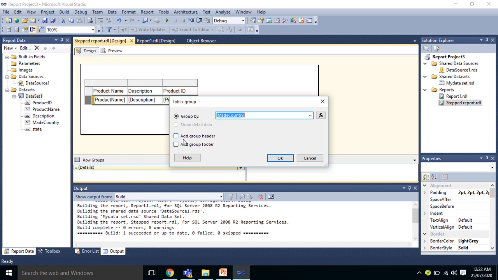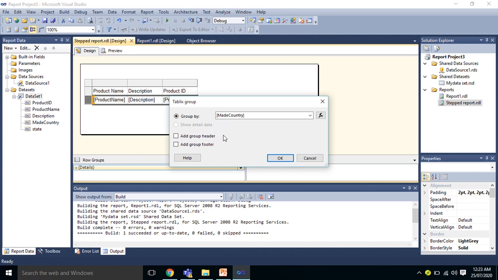And see this option, add group headers. If I tick on this, then there will be a blank row above the details. That means it will become a step report. So the details will start from the next row of the country group. If I don't tick here, that will become our block report.